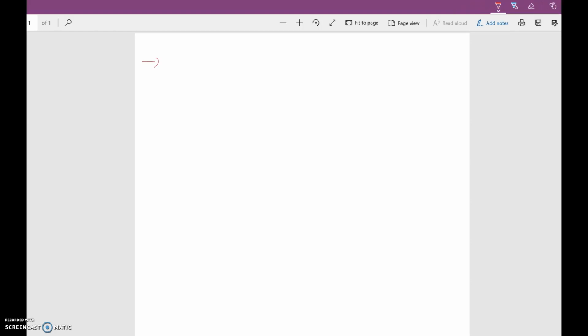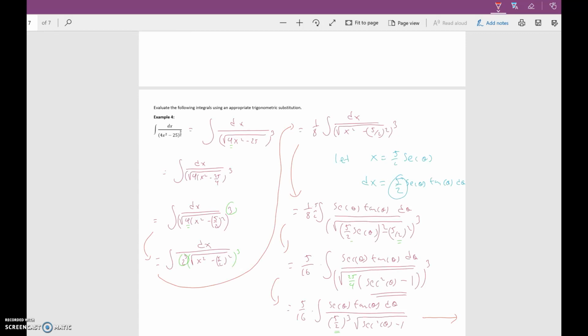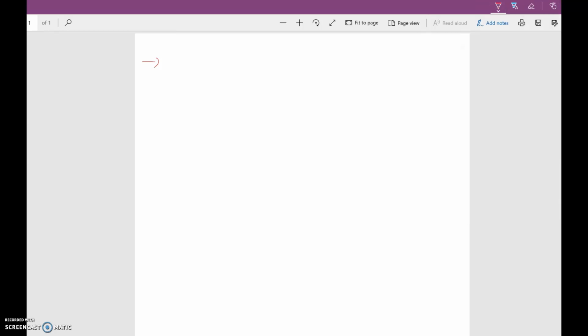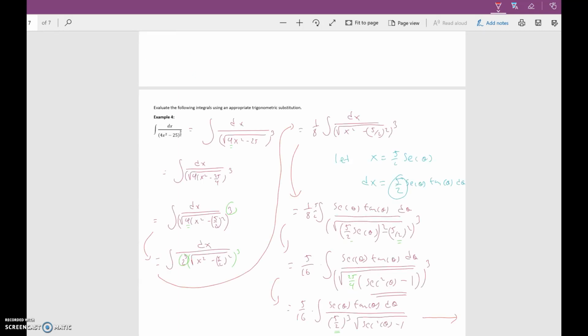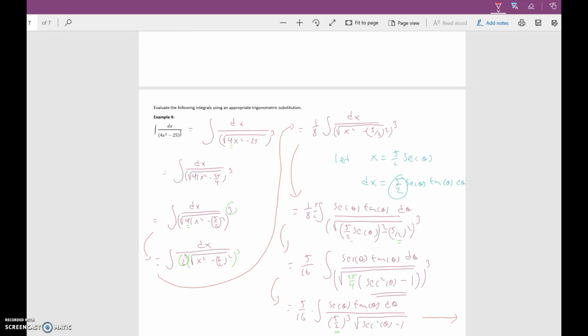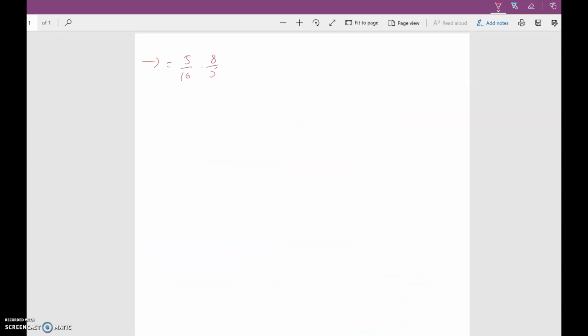So in this case, on the outside we have the 5/16. So this is equivalent to 5/16 times, and we're extracting that constant. So you're going to have 8 over 5. So times 8 over 5. Well, actually, wait, not 5. It'll be 5 to the third. So 8 over 25